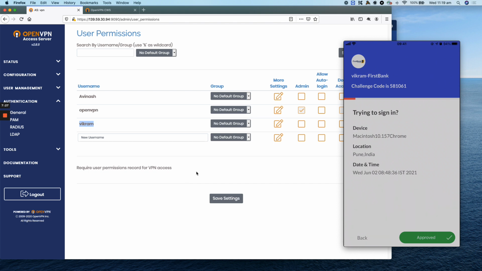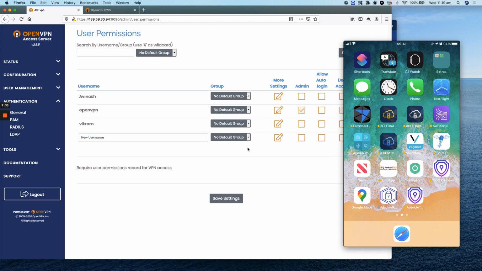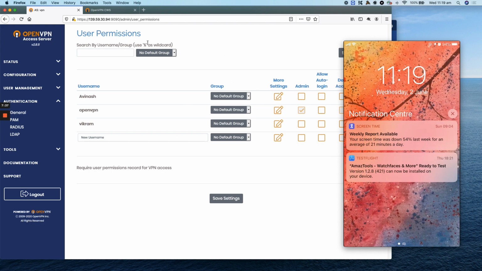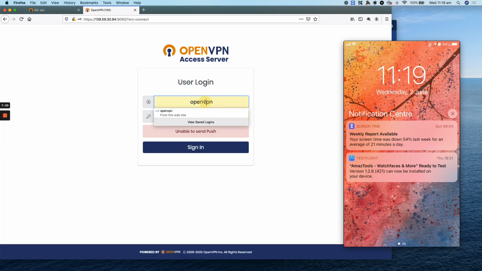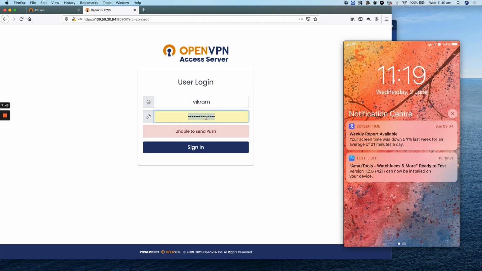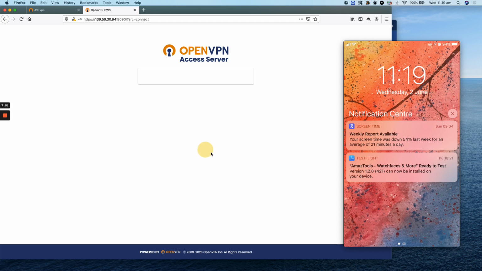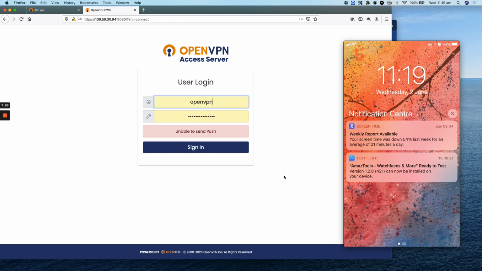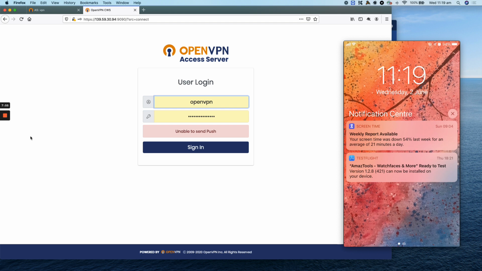Now let's come back and look at the VPN experience where we will come in, and it should be able to send me the push notification onto my phone. So over here, I will come in. Obviously, I can have a client for that, but basically, I'll be telling the system that I need to send a push onto my phone, and then I'll say send. So sorry, as you could see,